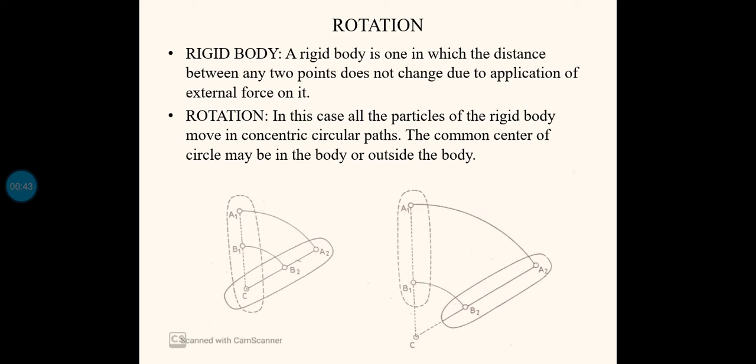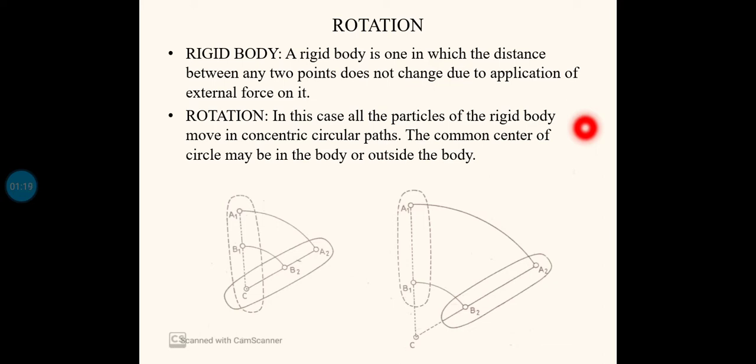The position of the particle will not deform. You can see in this figure, B1 is at this position and A1 is at this position. Due to some effect, it is rotating to a new position. Now this is the new position of the particle. B1 is at this position and A2 is the new position of the particle A1. Now you can see the distance between B1 and A1 is not changing. That means the distance between B2 and A2 will be equal to the distance between B1 and A1. If deformation of the body is taking place, then we can't call the body a rigid body.